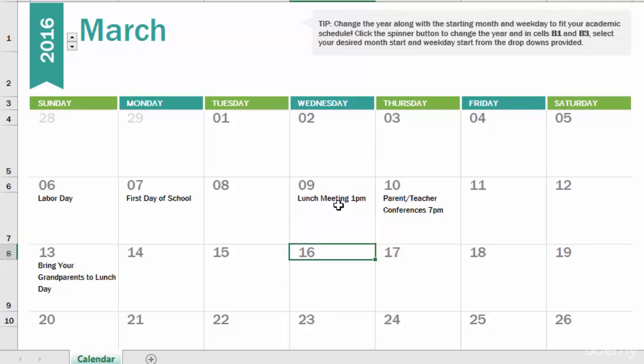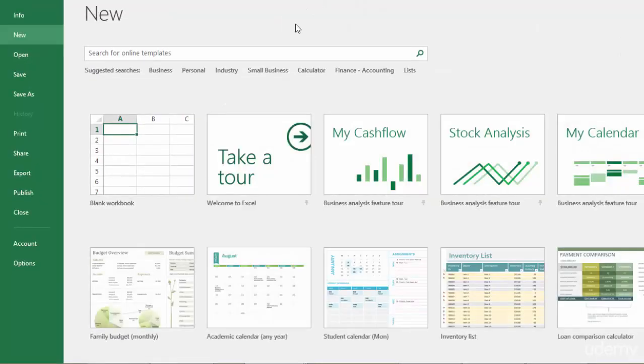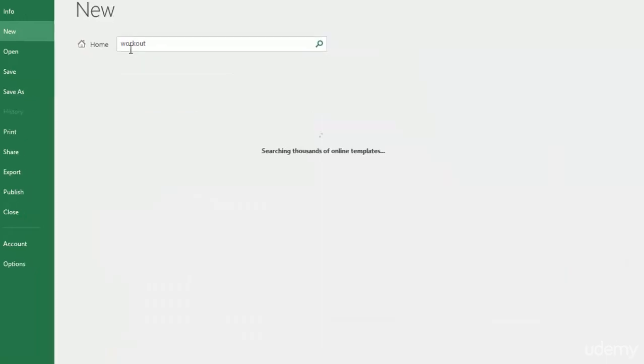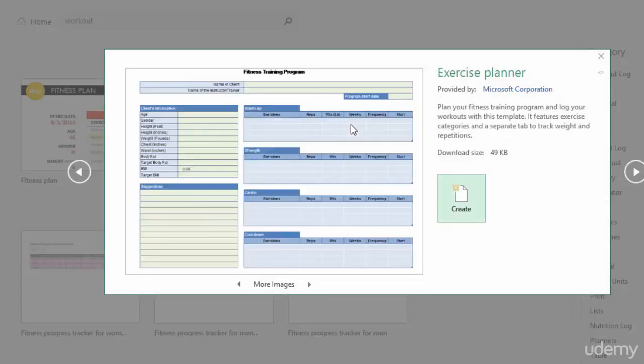So my challenge to you is to go into this screen, search for a template that you're interested in. Maybe it's a workout log. So you type in workout, hit enter, and here are some really great ones. So you can go into this exercise planner, for instance, preview it and see if it's something that would work for you. And then I want you to open this or create it, and I want you to play around